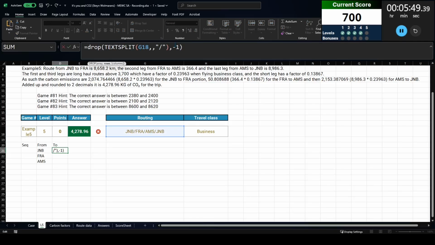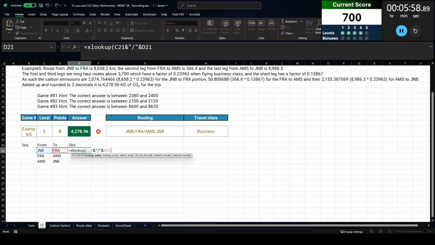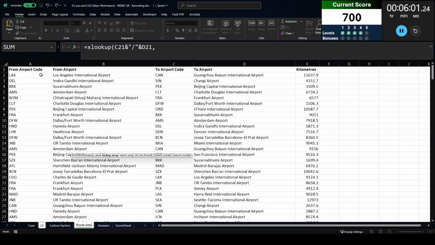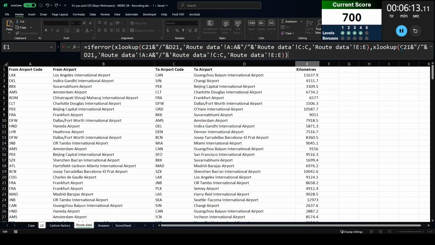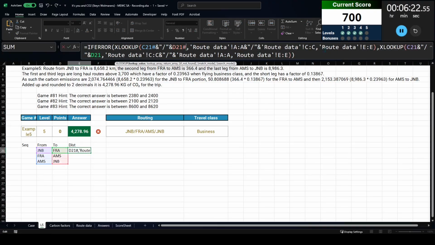In the to column, then I'm going to drop the first route because I'm not flying to Johannesburg in the first flight, for example. I'm going to fly Johannesburg to Frankfurt, Frankfurt to Amsterdam, and then Amsterdam to Johannesburg. And so that is how I am going to differentiate my flights. And in this level, because there are different numbers of flights, I am going to use dynamic arrays to then calculate the distances, the factors between them, and the total CO2 emissions